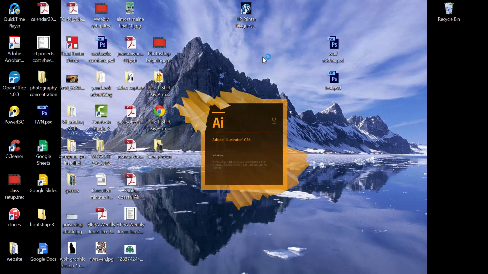And then, mine's really slow apparently. Yours will probably be slower though because the school computers are even slower. Haha. So once it opens,